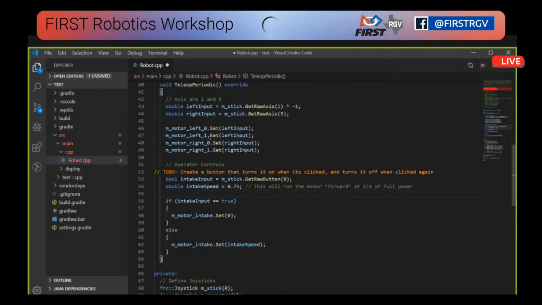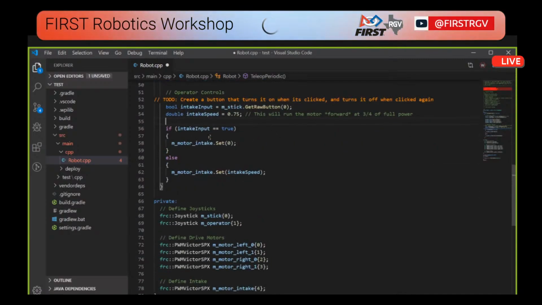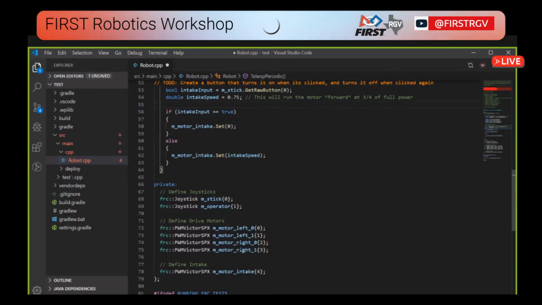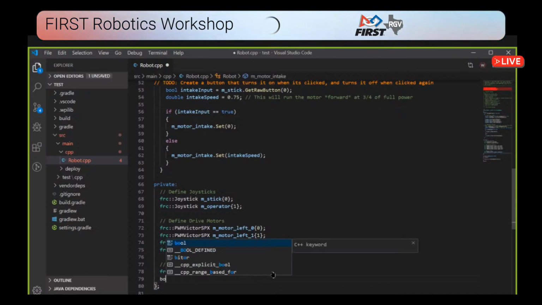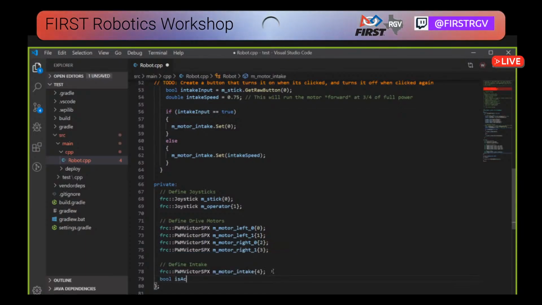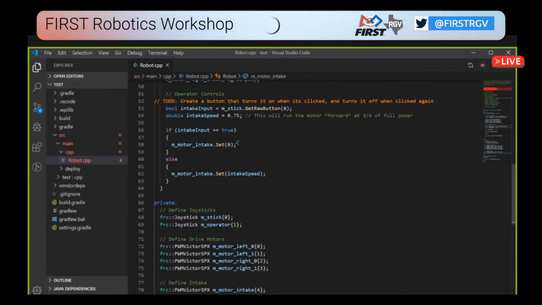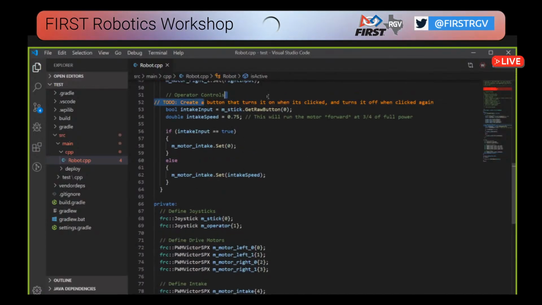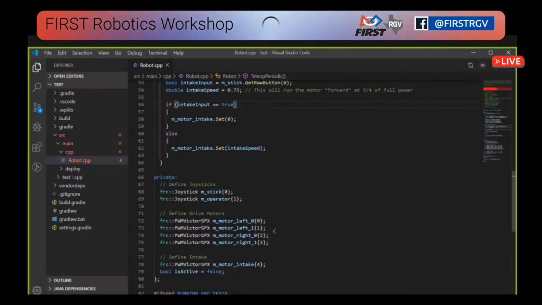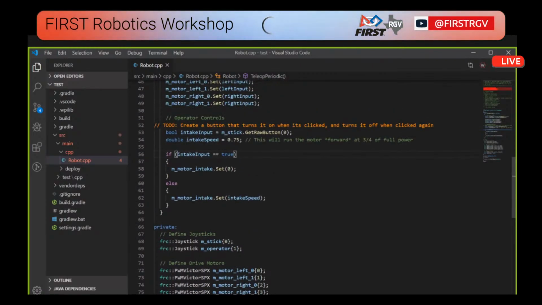The first thing you're going to want is a Boolean outside of the loop. So that'll go down here. And we're going to say bool is active. It's false. So when we start, we don't want our motor to be active, right? So if is active equals false, and then again, we're trying to create what's called a toggle button. Hit it once on, hit another off. If intake input is true,